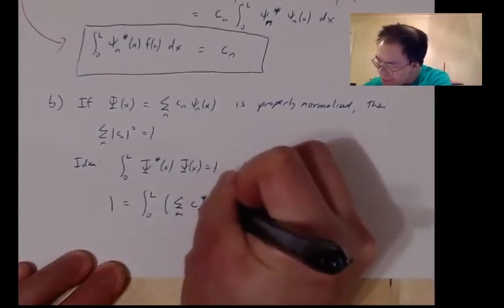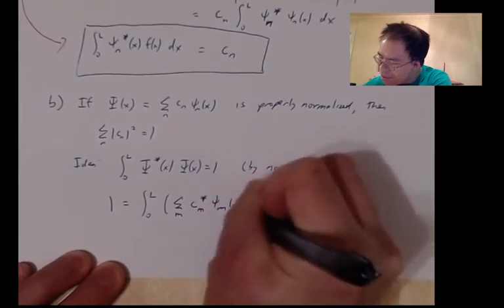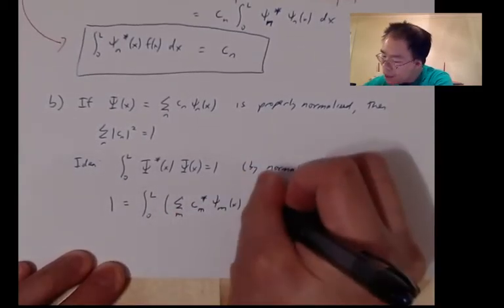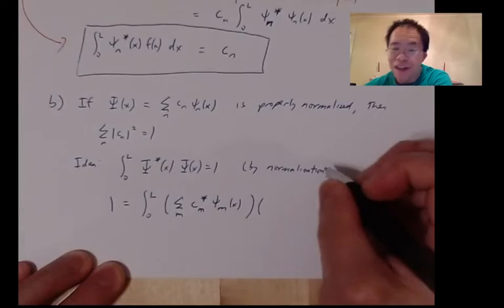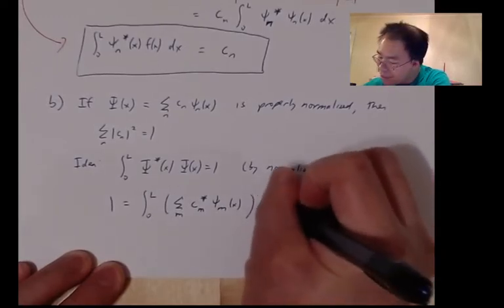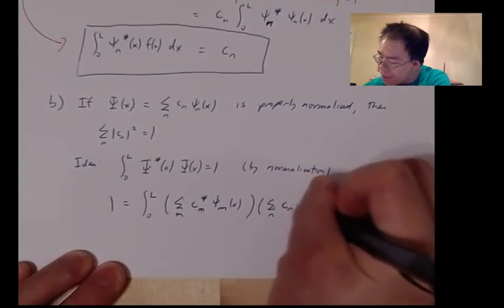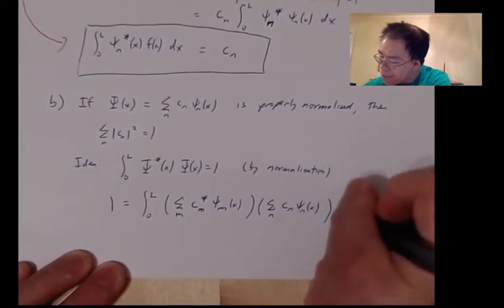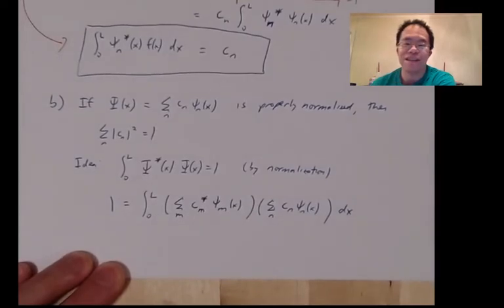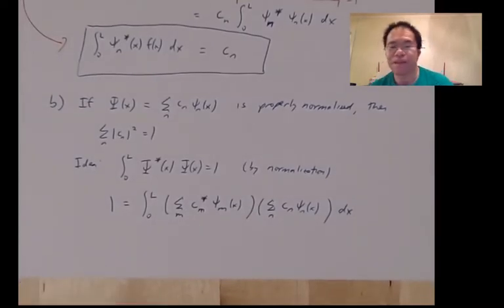So psi m of x here, I have that sum multiplying my psi sub n, which is a sum, okay, and I'll sum on n this time, Cn psi n of x,